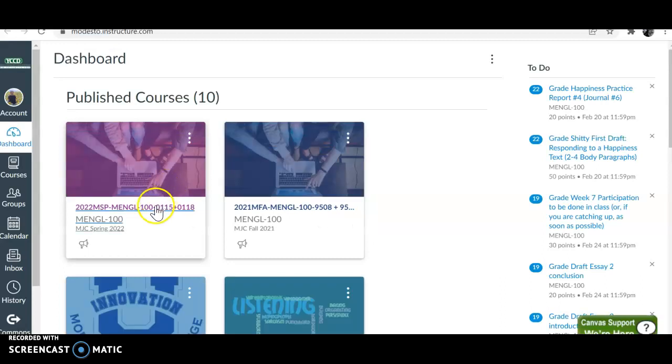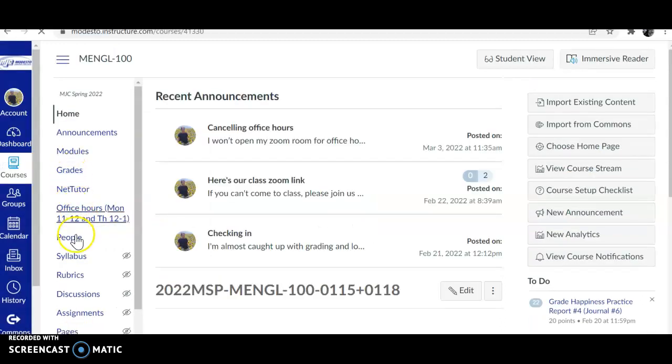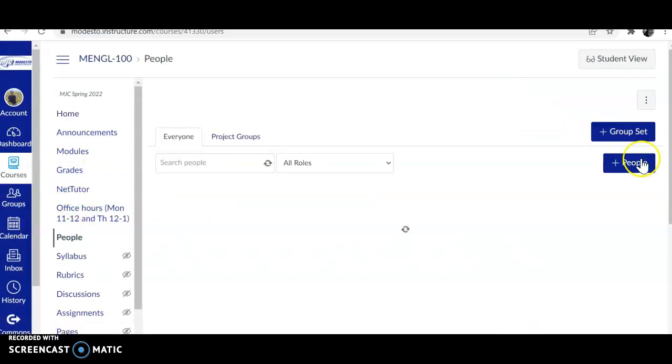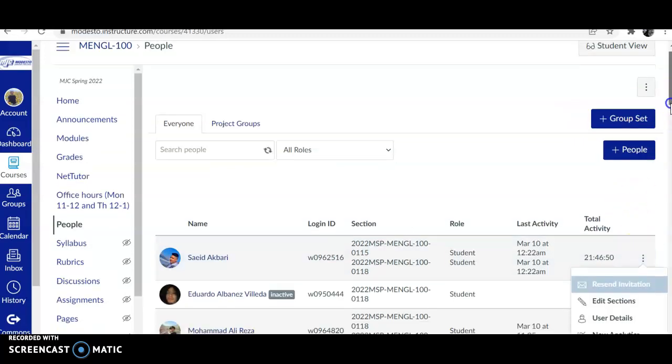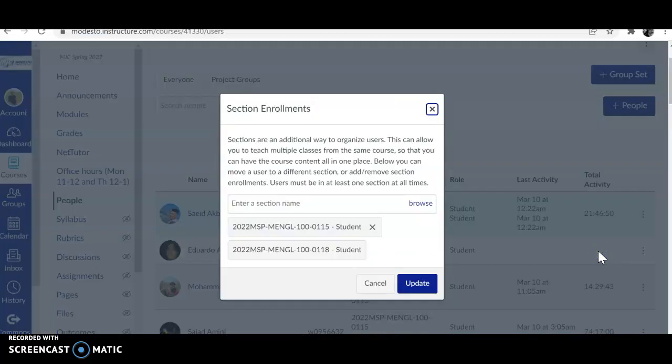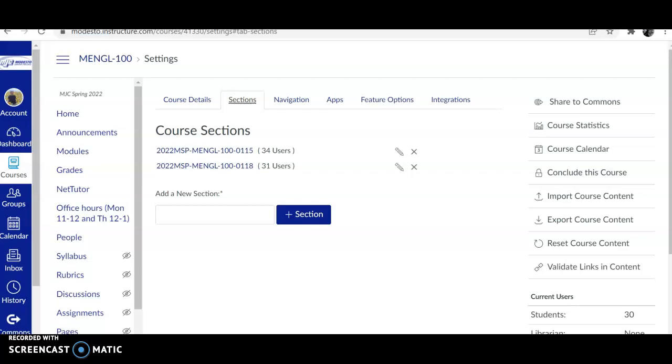You just click on the three dots, and then you can edit the sections. But then I saw how you suggested going into settings, and